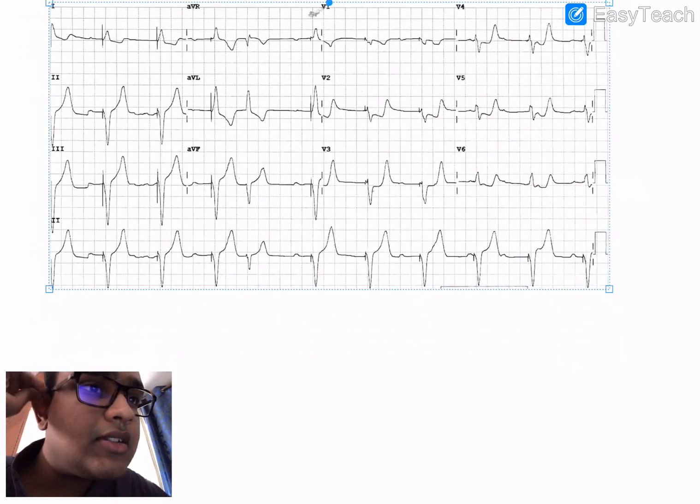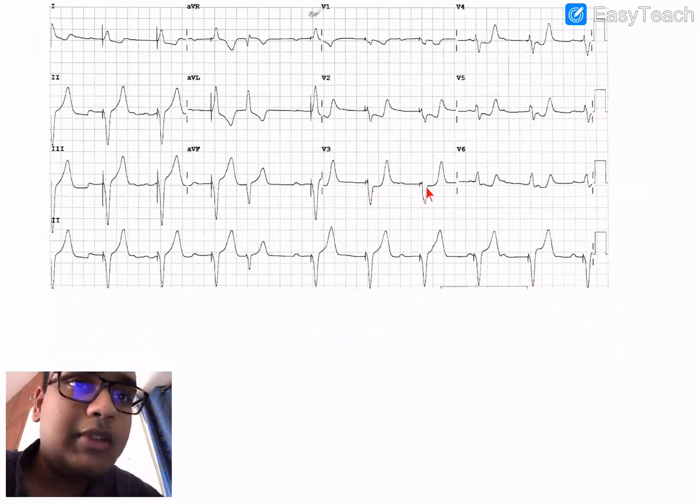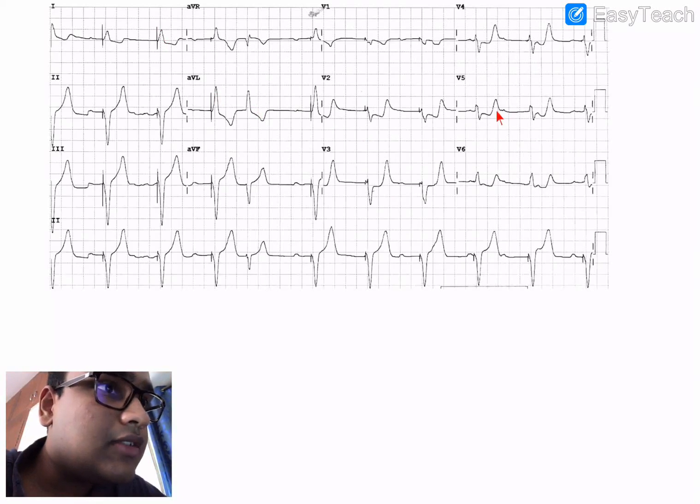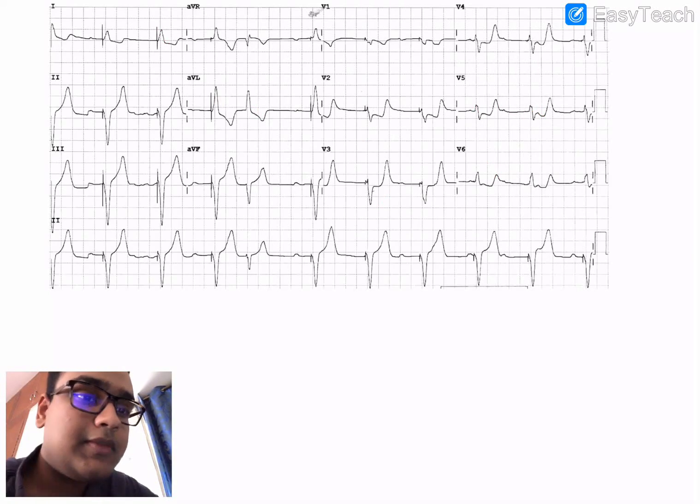In this ECG, you can see that the QRS is wide, more than 120 milliseconds, and the R wave is broad and notched. As you can see here, the R wave is broad and notched. So this indicates that this is LBBB. Now when you superimpose these LBBB findings with MI, it becomes difficult to find out that it is MI. So there was a criteria put forth.